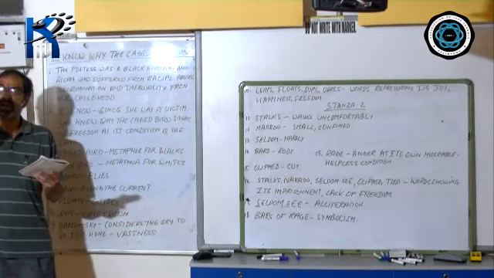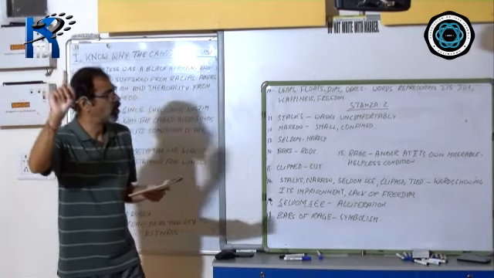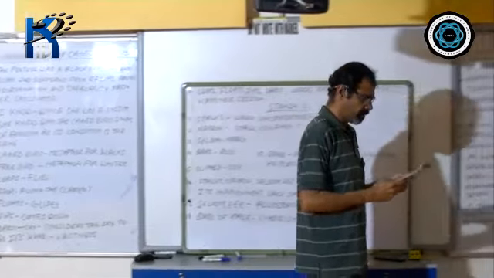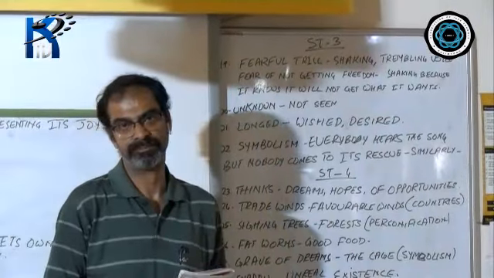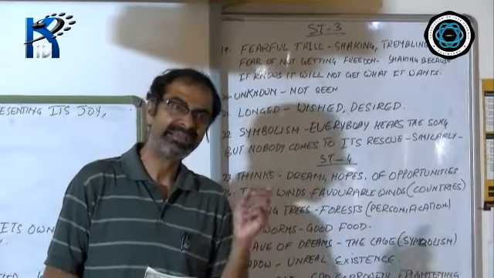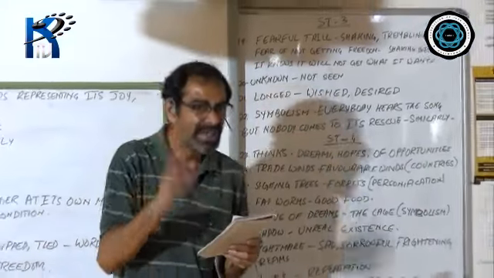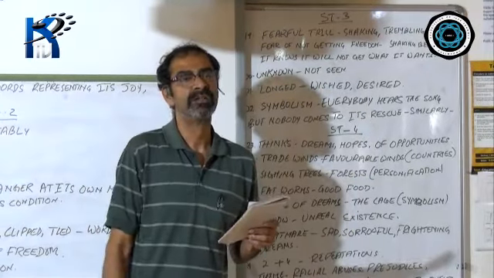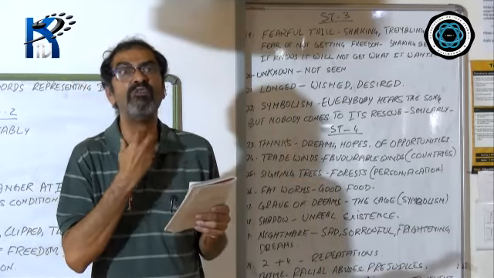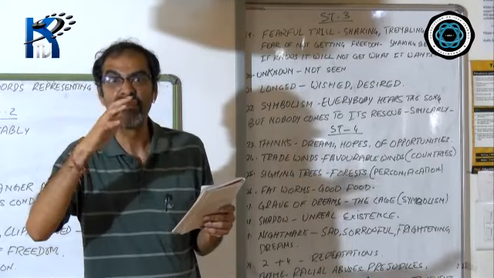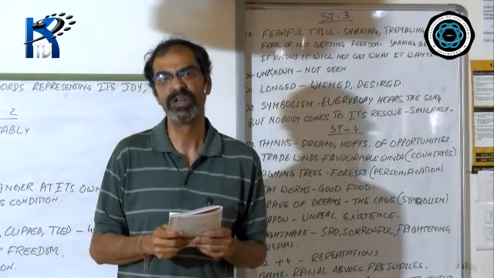Now, we continue in the third stanza with the caged bird only. The caged bird sings with fearful trill. We have already seen that the caged bird sings about freedom. But when the caged bird sings about freedom, something happens. It sings, but the voice shakes, trembles with fear when it is singing about freedom.